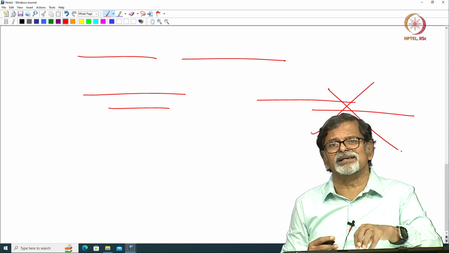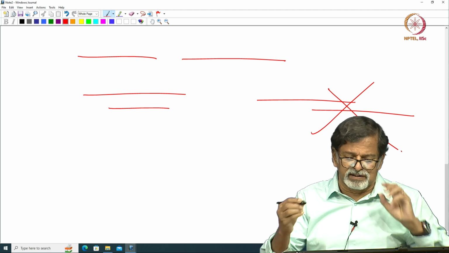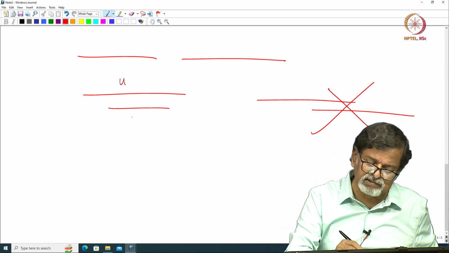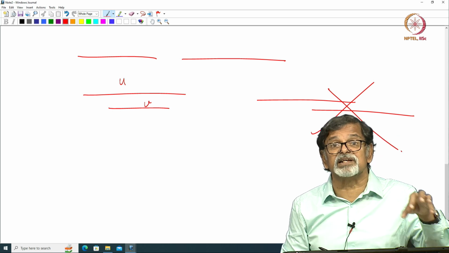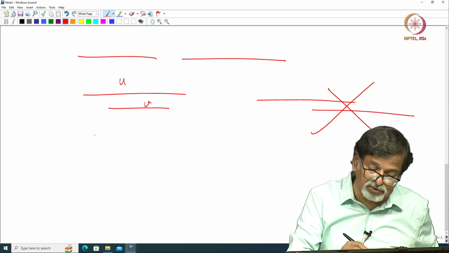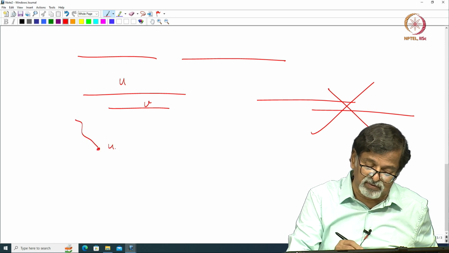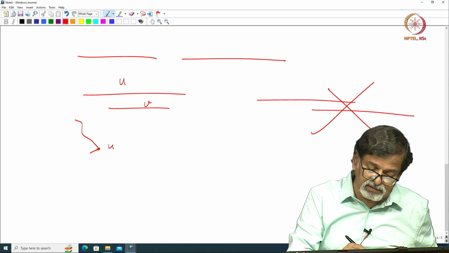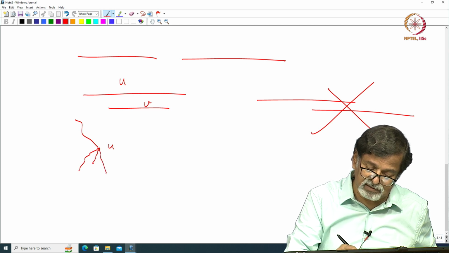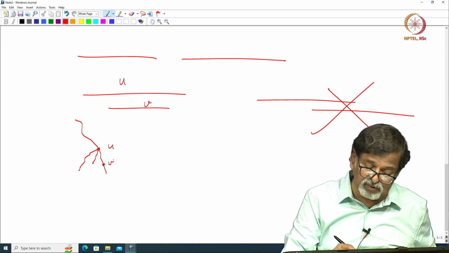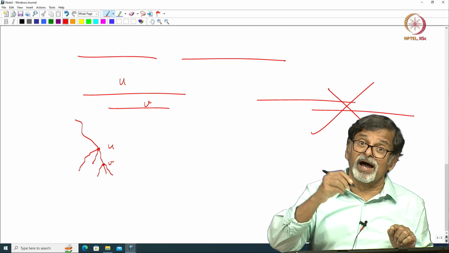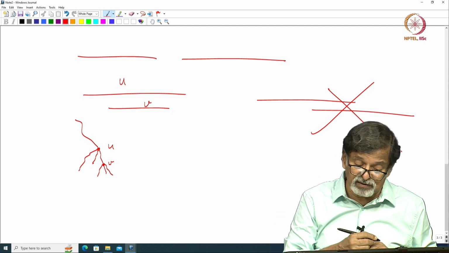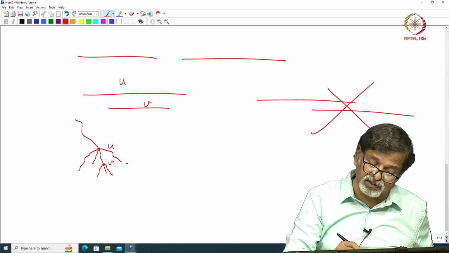When one is contained in the other, let us say this is the interval of U and this is the interval for V, then V is a descendant of U. Descendant means U is discovered first, then the exploration continues, backtracks, then the exploration continues and backtracks. So somewhere here V will be there, so V is going to be discovered after U is discovered, then it backtracks and then it continues